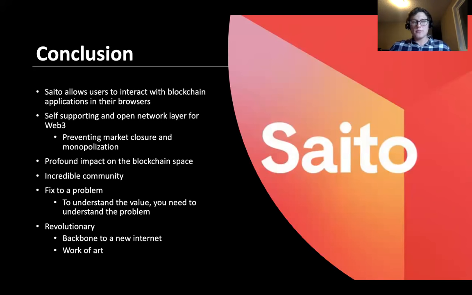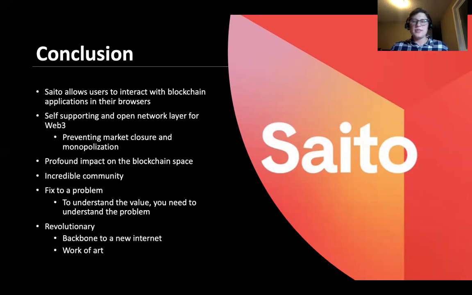Okay, so now moving on to the conclusion, Saito is ultimately a blockchain that can allow users to run blockchain apps within their browsers. So if I'm just a user and I'm not running any sort of node itself, I don't have to keep a copy of the blockchain. All I have to have is a private key, a public key, and some high level information that's required of me to create transactions. Yet nodes are more than happy to be my endpoint for the Saito network because they are paid to do so. They want my requests because they make money off of them.